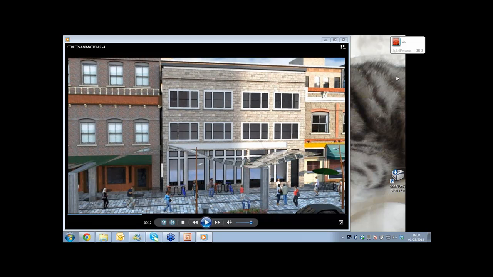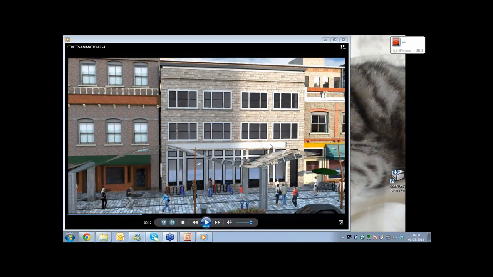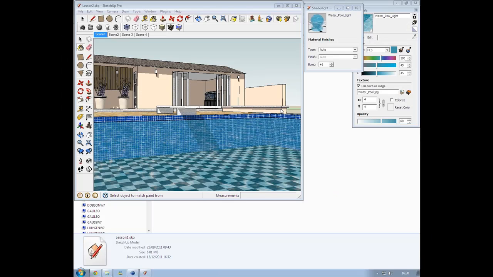Right, so enough of that one. I'm going to hand over to Rich now, who is going to be talking about creating water. Right, so this is a question that we get asked quite a lot. What's the best way to create water? I'm just going to open up one of our testing scenes to show you how we've done it. So for this particular scene,